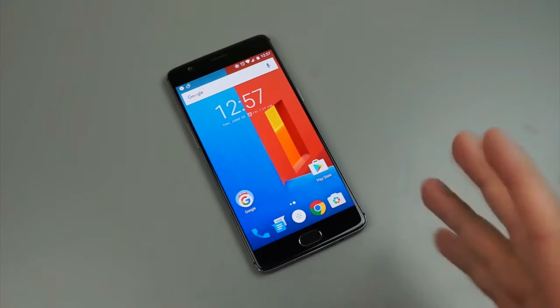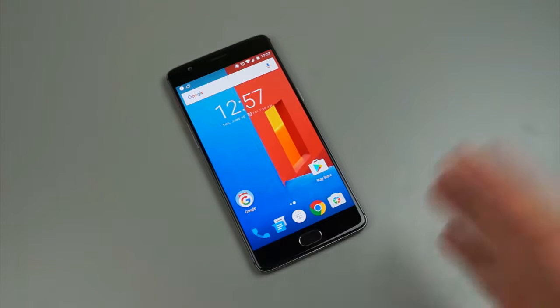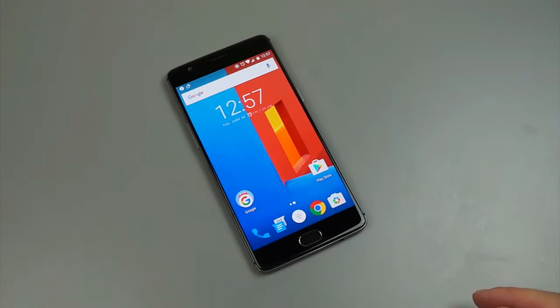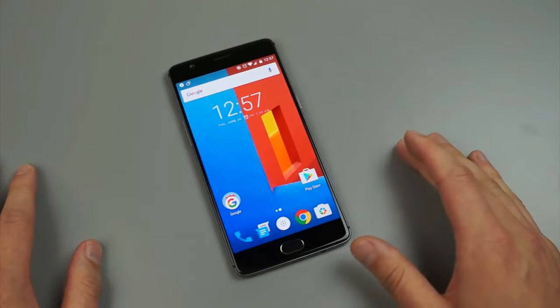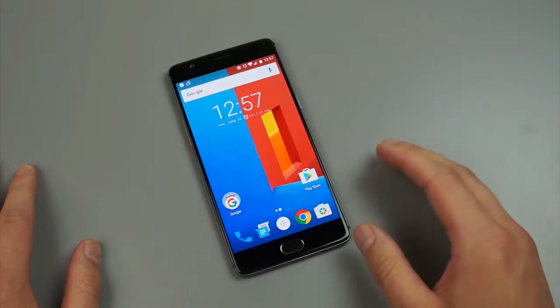I mean, really all the features that are already baked into the phone will remain. Not much of them are changing, and there's probably going to be some bug fixes, but other than that, nothing too crazy. So to start, I will say that the OnePlus 3 is a very good device when it comes